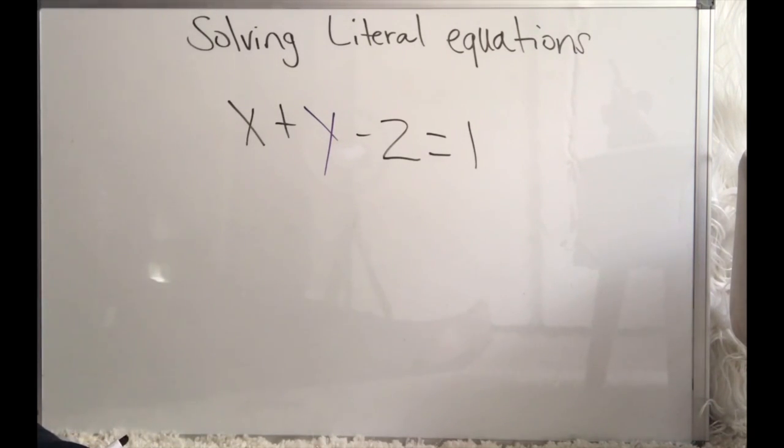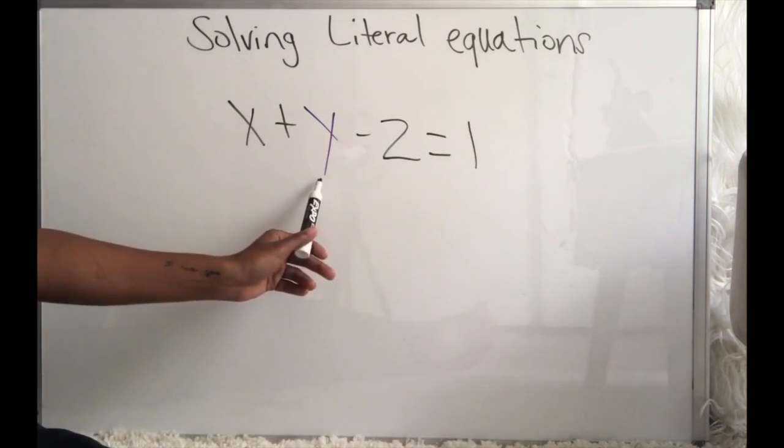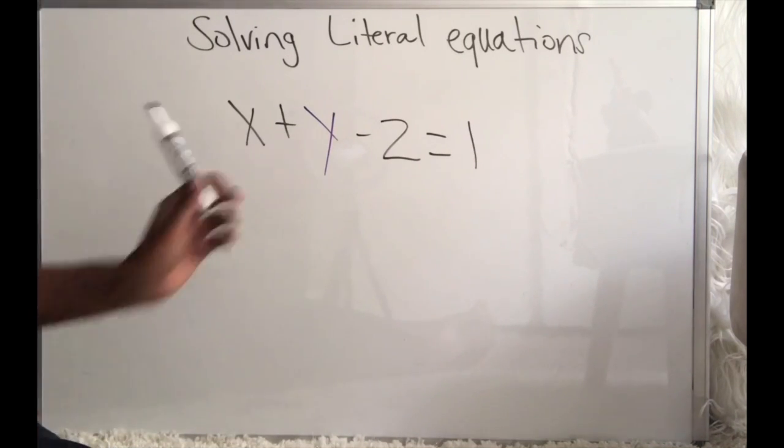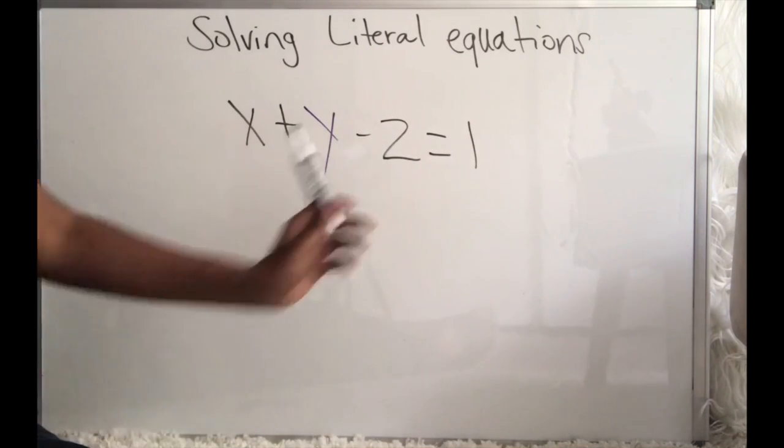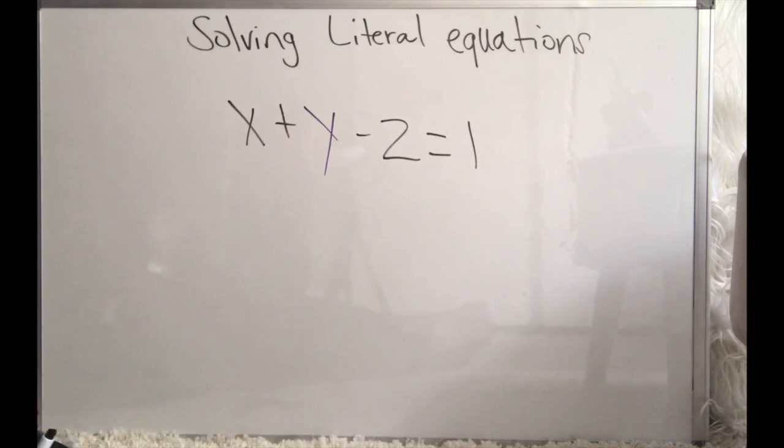What I like to do is, whatever variable they're asking me to solve for, everything else I put in one color, and the variable they're asking me to solve for, I put in another. So we're going to be solving for the variable y. I wrote everything in black, and the variable I'm solving for, I put in a different color, purple. So go ahead and write this down. All right, so now that we know that we're solving for y,